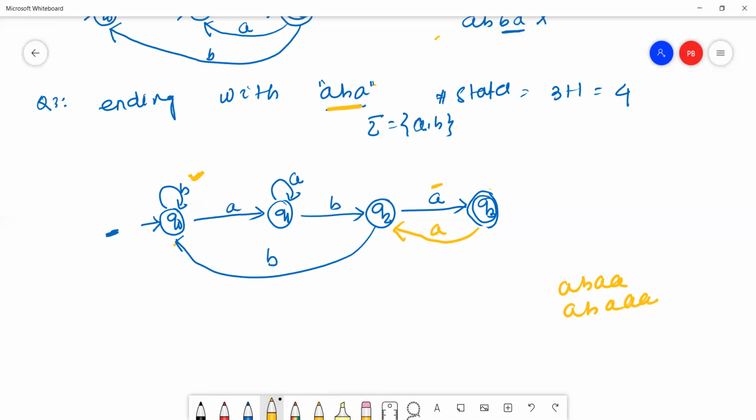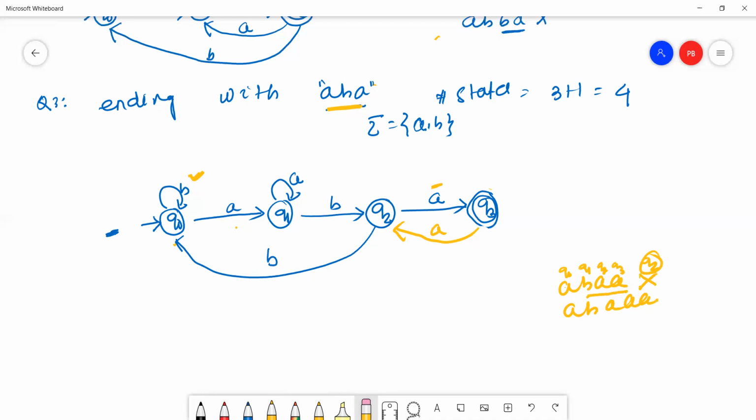But how? Q0 reads A goes to Q1, Q1 reads B goes to Q2, Q2 reads A goes to Q3, Q3 reads A goes to Q2. But Q2 is a non-final state. So the string is invalid because the string ends with BAA.